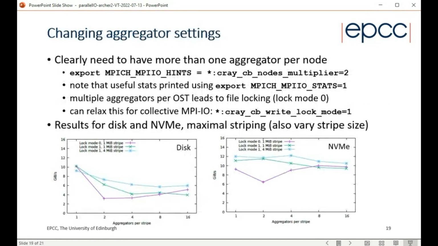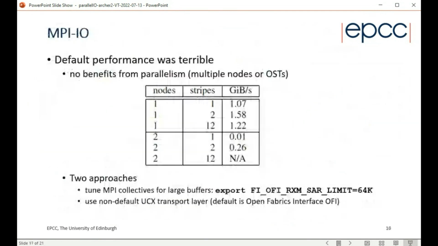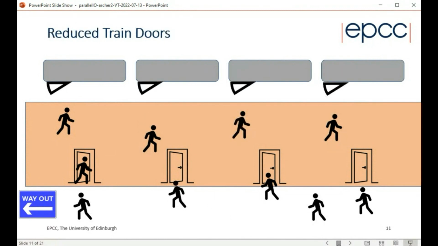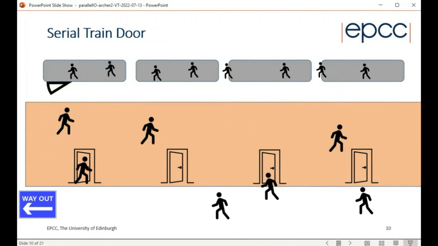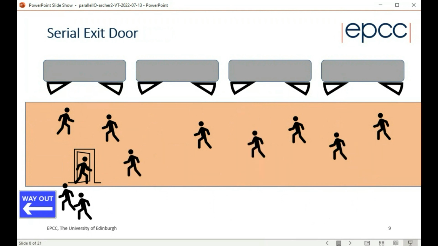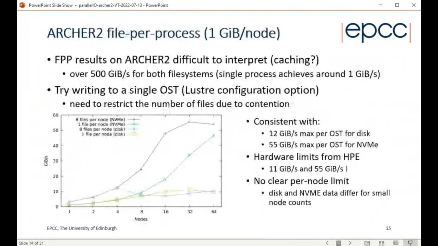So the obvious thing is, well, you've got this, okay? You've got one train door open per node, and that is not a sensible thing to do because the bandwidth of a single door is much less than this. Why don't we do that? We have multiple of these aggregators, as MPI-IO calls them. So that looks like the sensible thing to do. Now, luckily, there is a setting